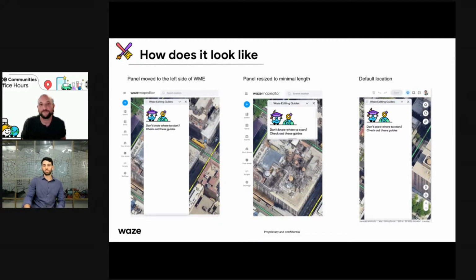As shown before, the panel will be draggable and resizable, and you can collapse it, because we know how important it is for the map space, and we want to give the editor full control to move the panel around, focus on the edit suggestion, and actually start editing the map while reading the instructions. Just to explain a bit, in the first image on the left the panel has been dragged all the way to the left because maybe your editing area is more on the right. The middle image shows the panel minimized, at minimal size. And the right is the default location. It's going to be open by default from the top right. But still, as said, you can move it and resize it to what works best for you and edit the map at the same time.